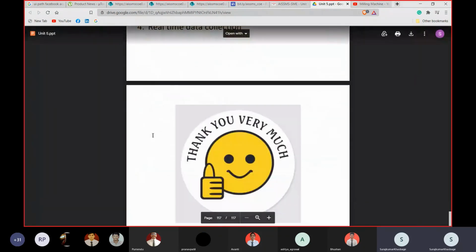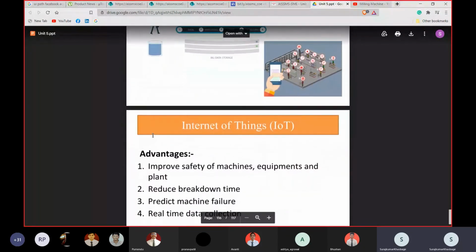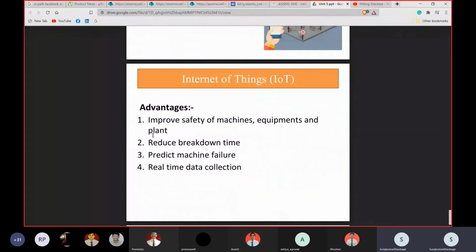And today, as we are in Industry 4.0, we are dealing with IoT based manufacturing processes. We are going to control and do all these operations with the help of IoT, that is the Internet of Things. We can control all this machinery with a mobile or computer from a remote location. So that is today's advancement in the manufacturing system.